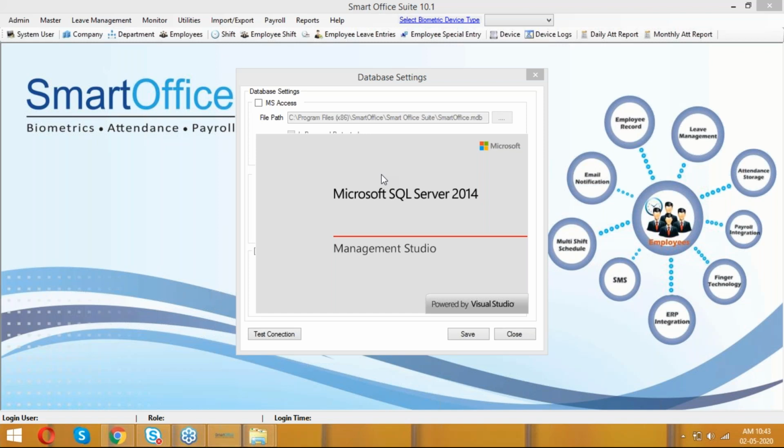So I have SQL 2014 SQL Management Studio.